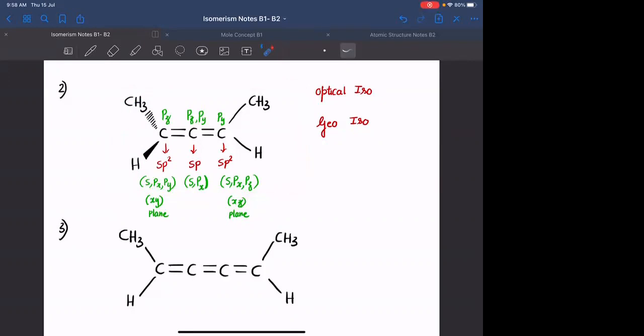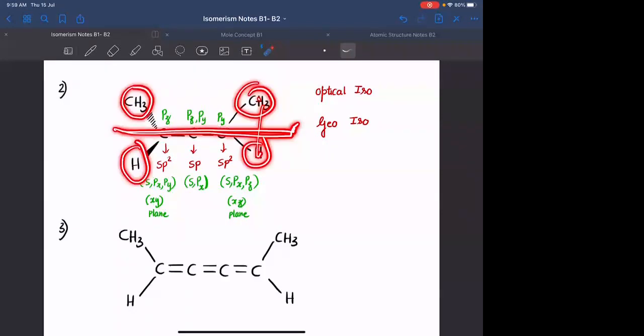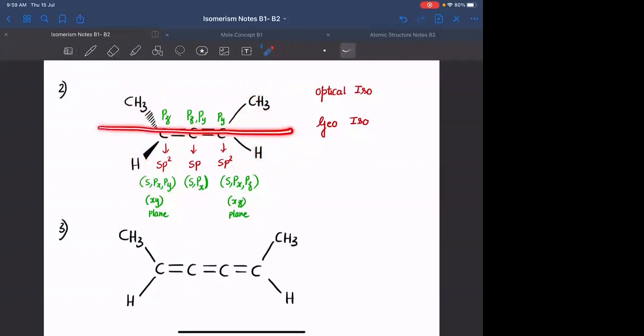So if you are passing a plane, यहाँ पे आपको CH3 है, यहाँ पे आपको हाइड्रोजन है, बाकी सारे एटम्स प्लेन के ऊपर है. आई एम पासिंग दिस पर्टिकुलर प्लेन. इस प्लेन के ऊपर आपको CH3 और हाइड्रोजन है. सो नो नीड टू चेक फॉर दिस. बट about this particular plane, you are having CH3 and hydrogen. यहाँ पे CH3 है, यहाँ पे हाइड्रोजन है. So the molecule is not symmetrical.